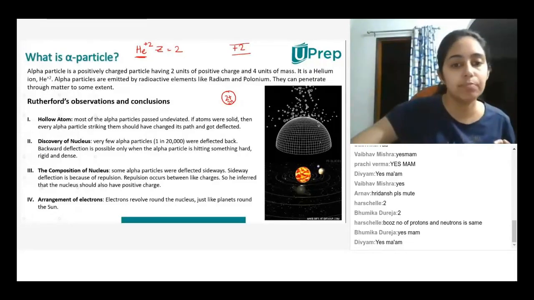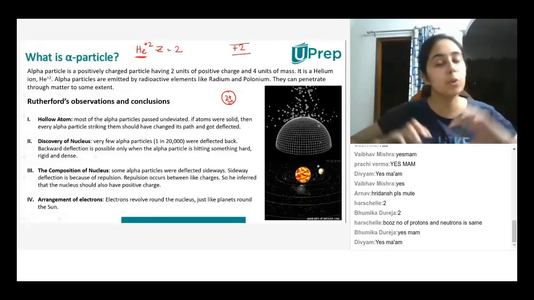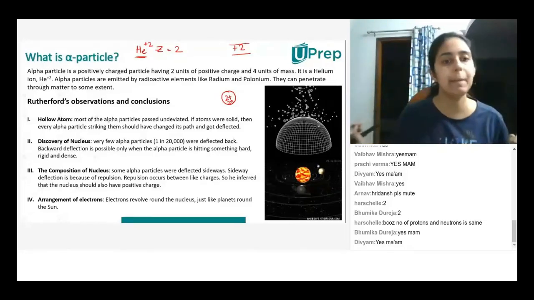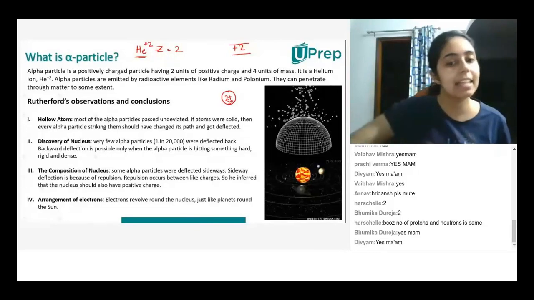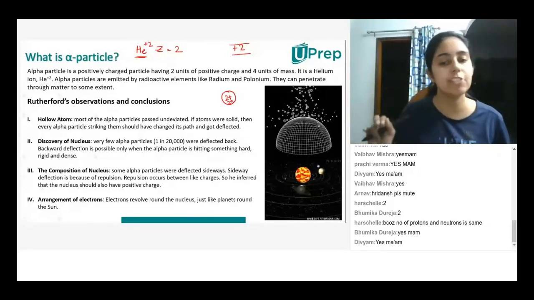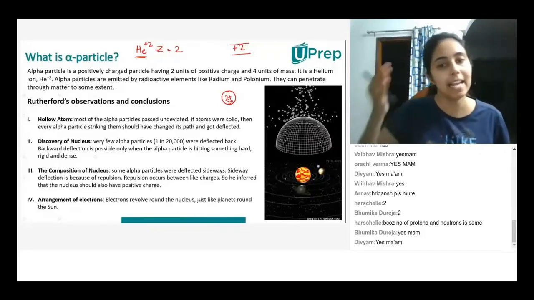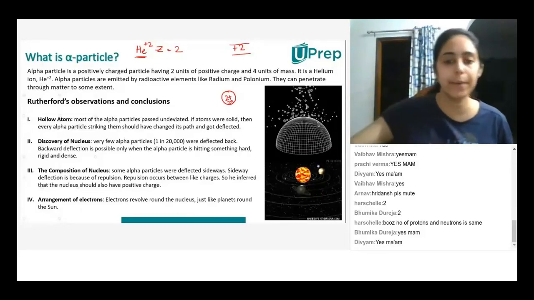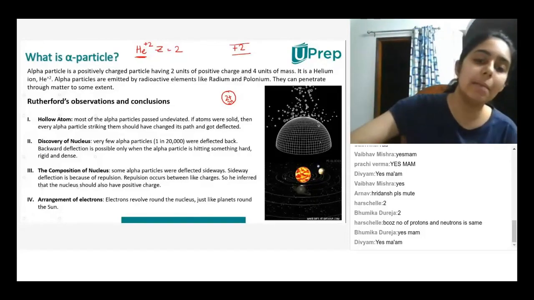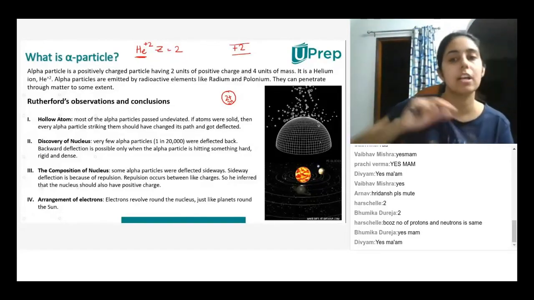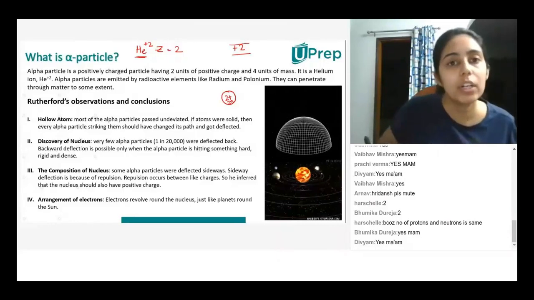Okay, so if I remove 2 electrons from a helium atom, the helium will be left with 2 protons, and there is nothing to balance that positive charge. So basically, you will end up writing helium +2. Okay. So now helium has 2 positive charges. Now the other thing to note is that